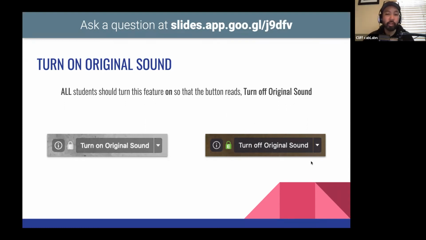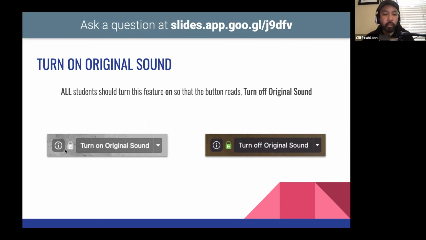All right. So they have to turn this feature on. Now, here's the confusing part. What they see will be on their video screen. Unfortunately, I'm not going to be able to demo this because we're using Zoom to do this session. But up on the video screen, when they see your video, or even theirs, right when they start Zoom,